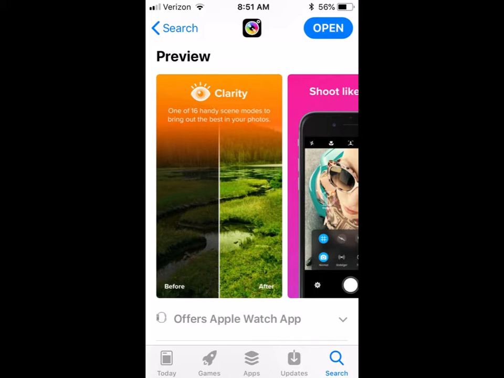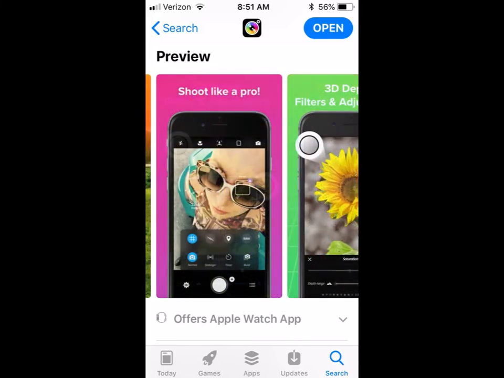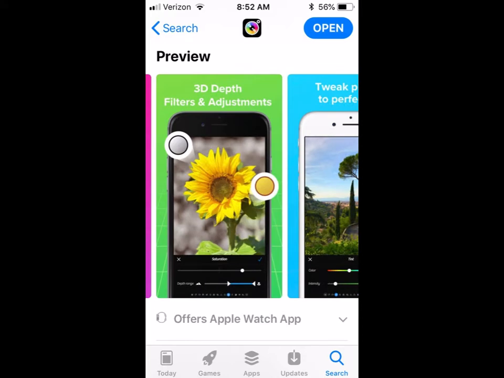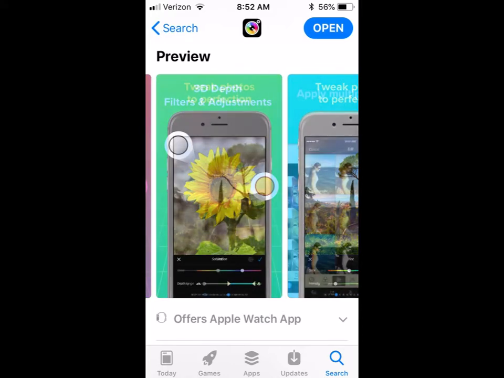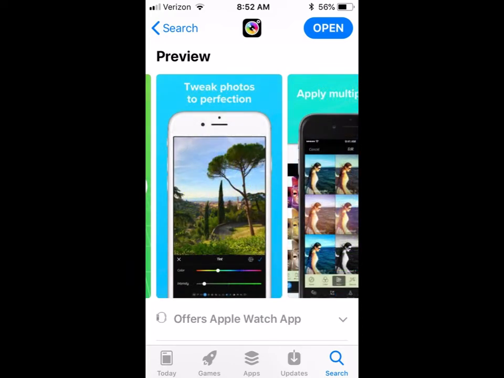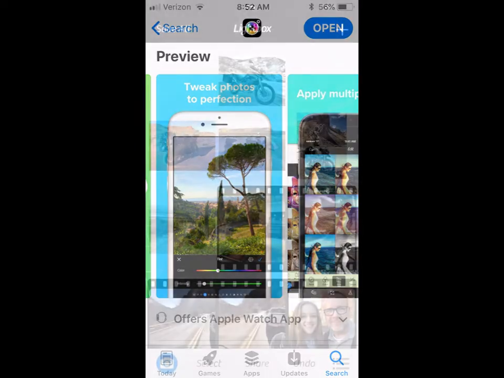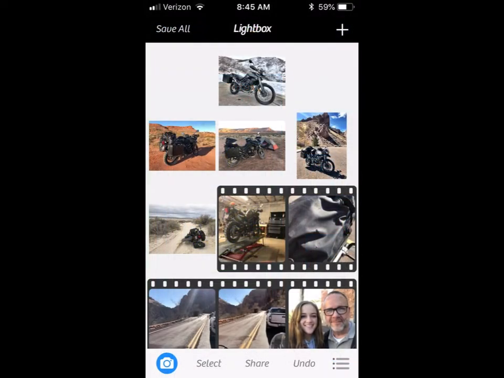So that's a pretty valuable app, or pretty valuable filter, that I use, and I'll show you how to use that later on. Other types of applications in this: working with depth of field and filter adjustments, getting into color manipulation, all kinds of things. So I'm not going to show you how to use necessarily the camera portion of the app. It's pretty intuitive. Maybe when I'm back out on the road again, I'll do a quick tutorial on just shooting